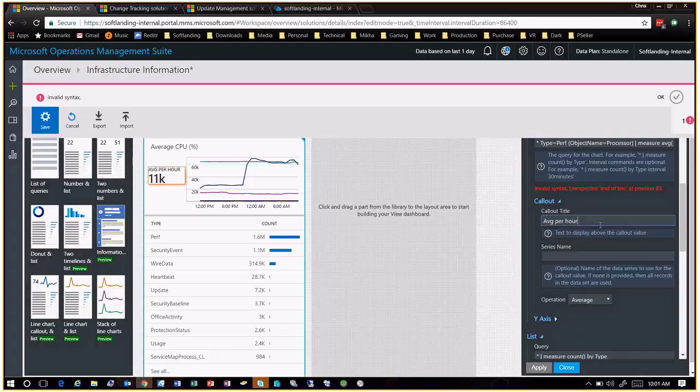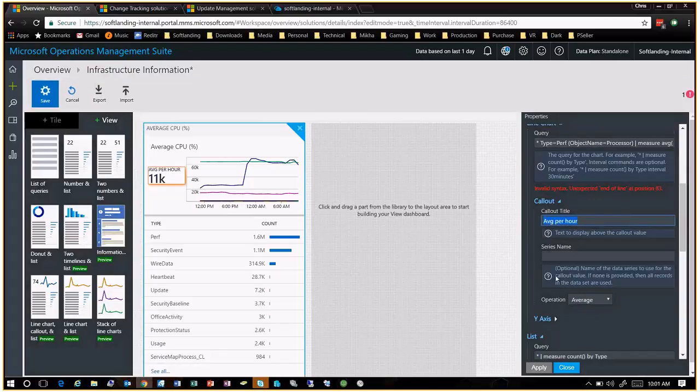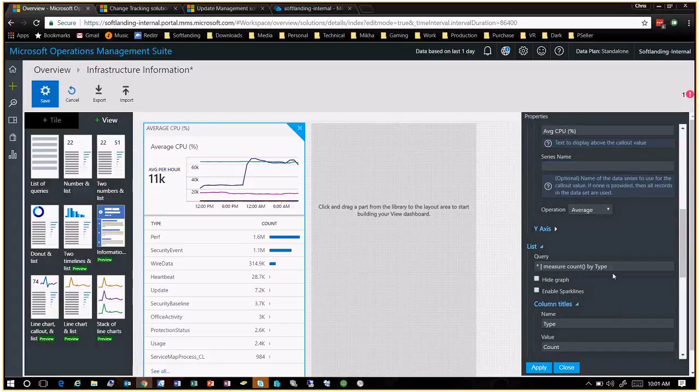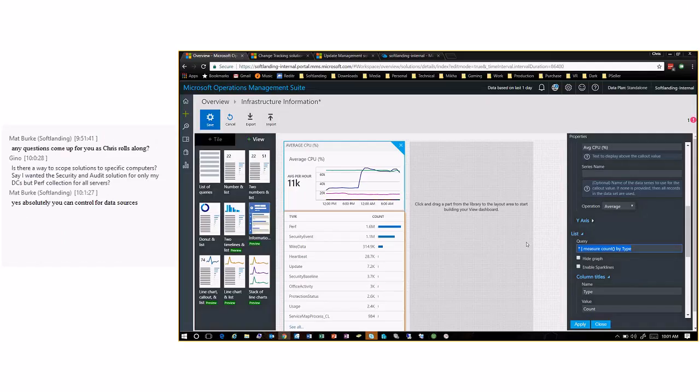And then we're going to go down here into our callout title. We're just going to call this average CPU. Give it a series name. And now our list query is where we're actually going to list the different objects. So rather than just doing a graph, we're actually going to list